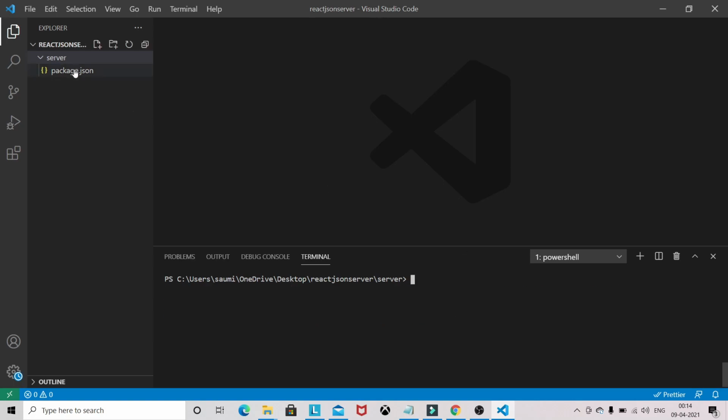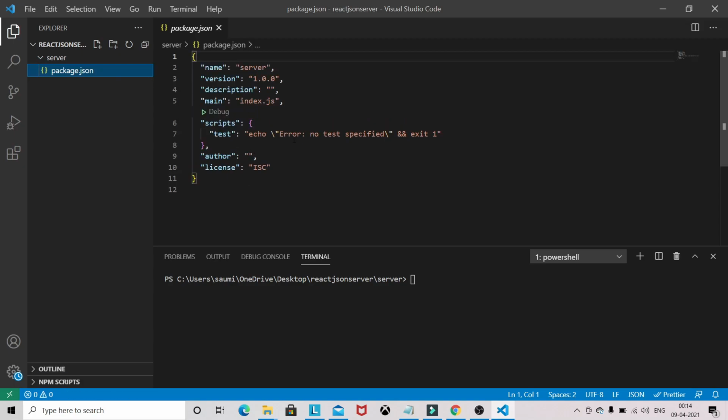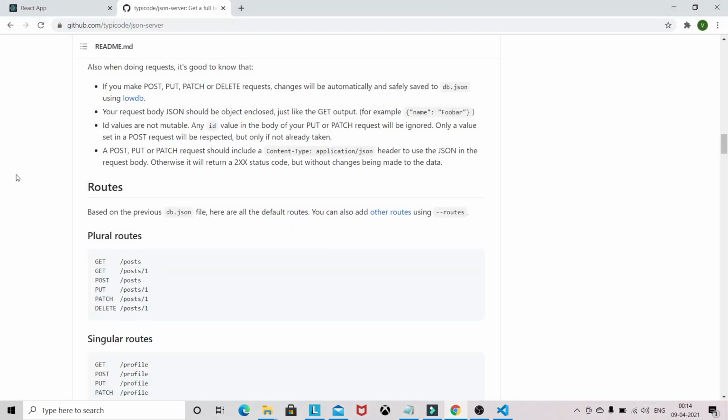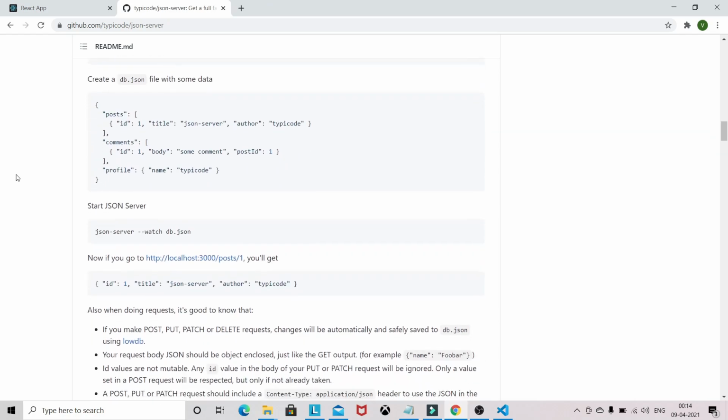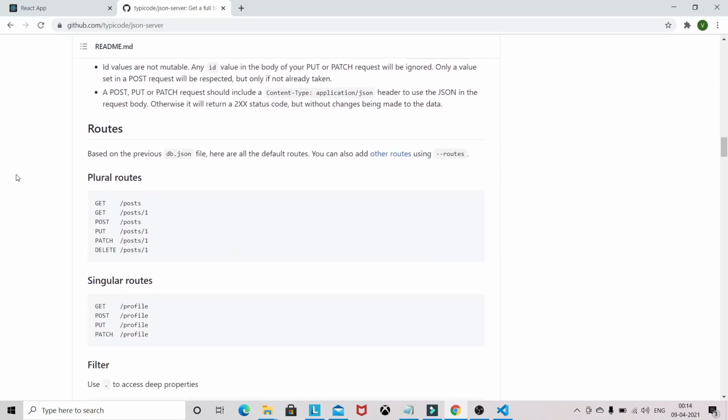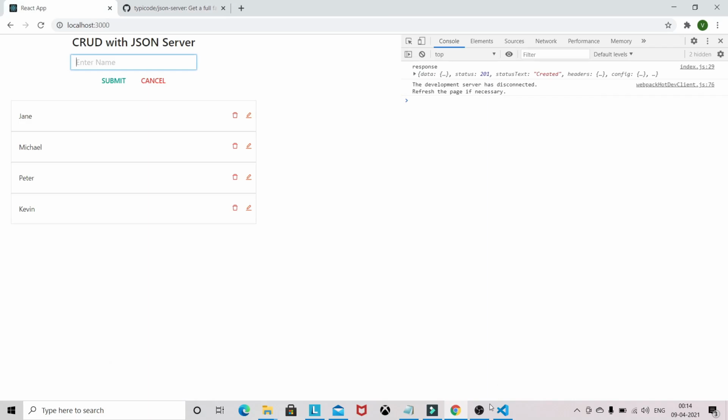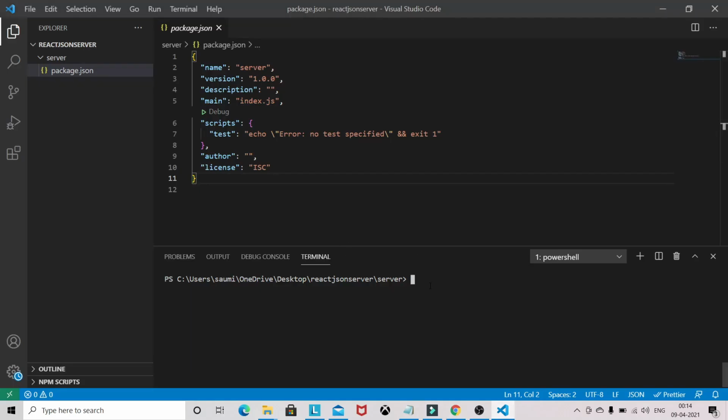You can see we have added that dependency. Now we need to write one script here.